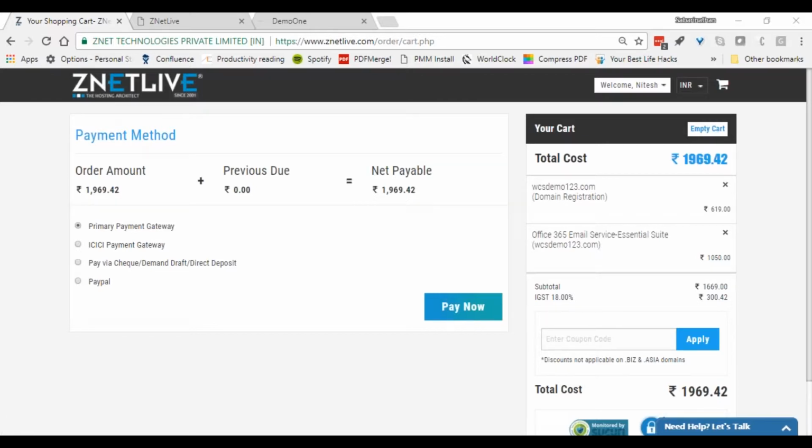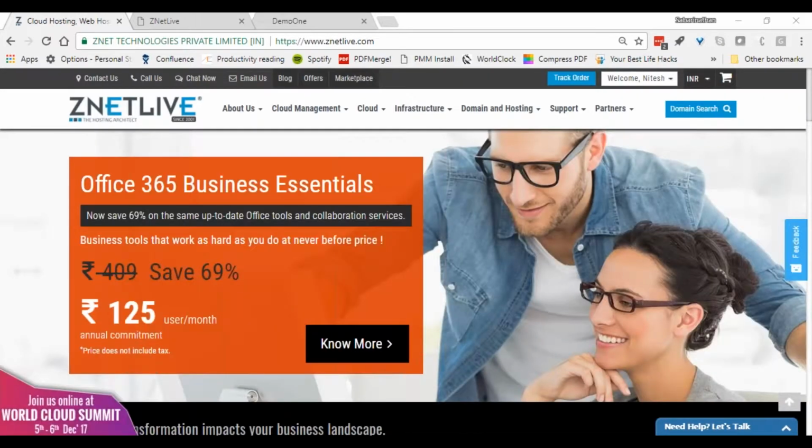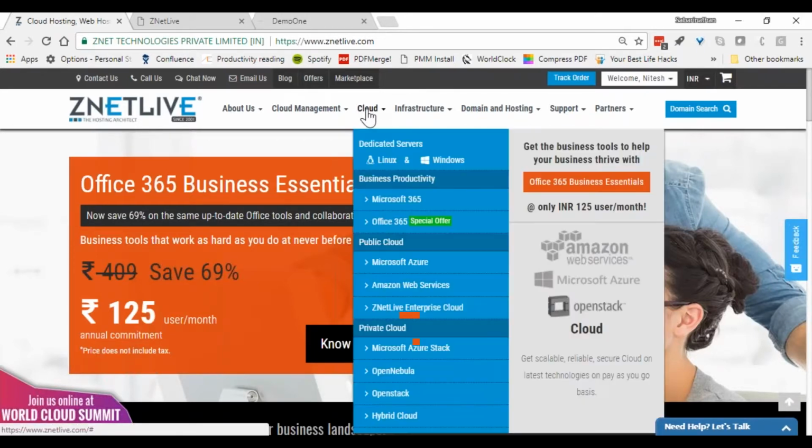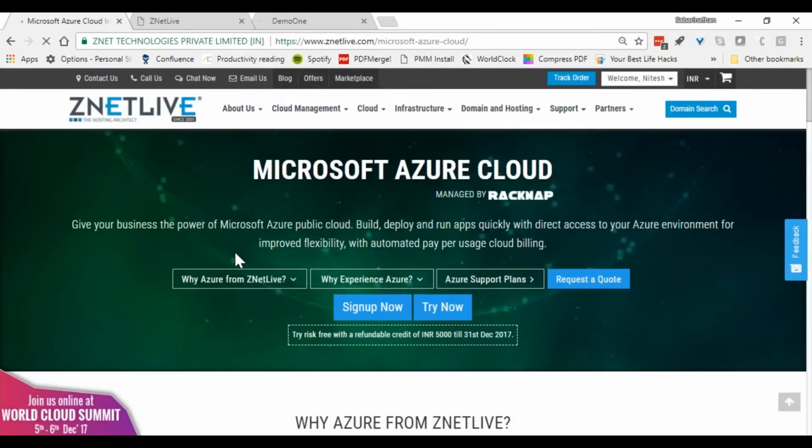Okay, so now I'm just going to quickly jump into showing something for Azure as well, because from a cloud services standpoint, pay-per-use model is something very, very crucial. And now let me show you how the pay-per-use model of billing works for an Azure customer, right? Customer who's wanting to buy Azure. So for example, from a Microsoft Azure standpoint, RackNav can connect to your sandbox account of Microsoft CSP portal and then offer, for example, sort of a try now option for your end customers. Which means that your end customers can actually go and start playing with Microsoft Azure before they purchase it.